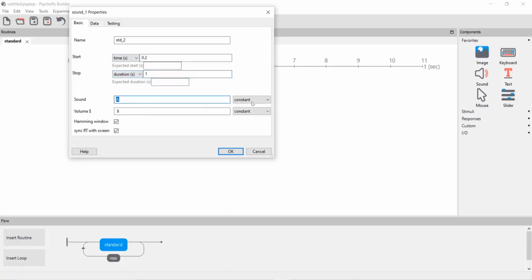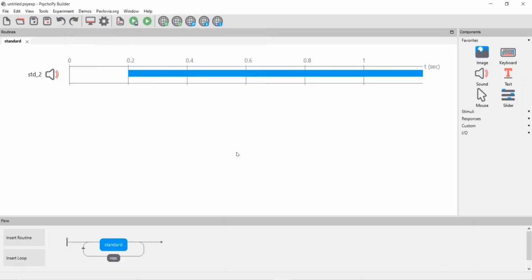We can also select the frequency of a sound. You can give it in the form of a notation like A, B flat and so on. You can even give the number for the frequency. Generally we use 500 Hertz, so I'll give that 500 Hertz. You can give your volume values from 0 to 1. Once you are done, you just press OK.